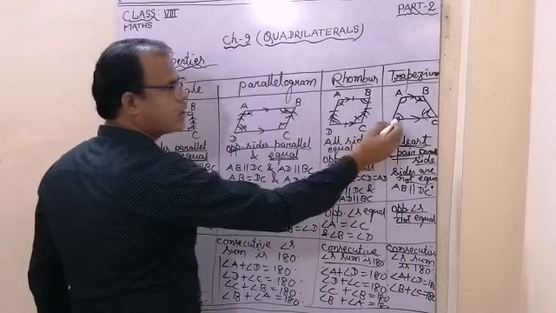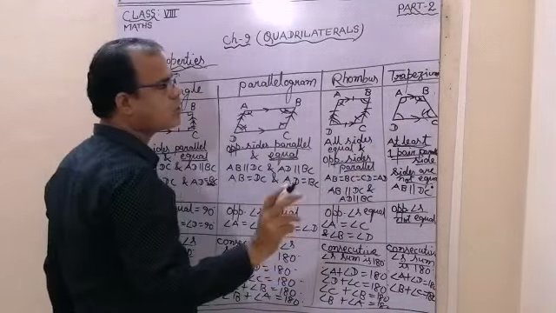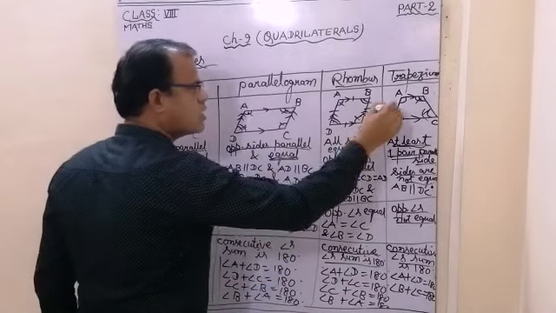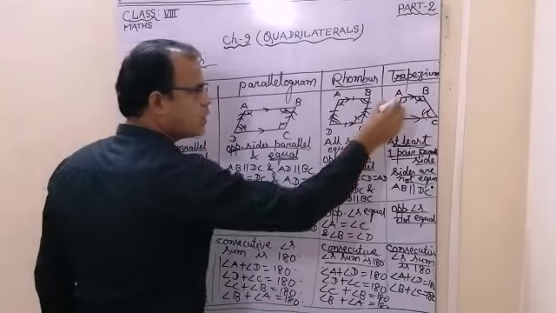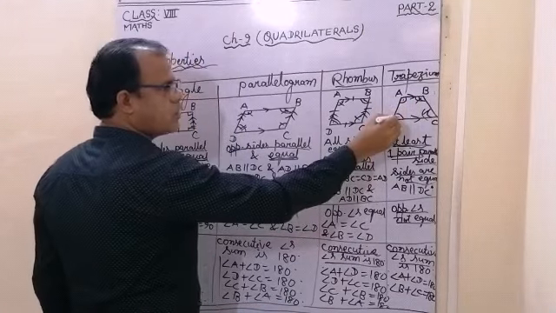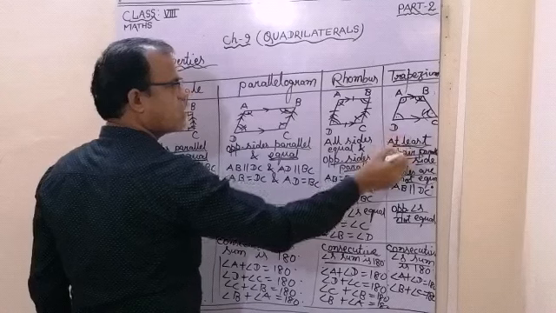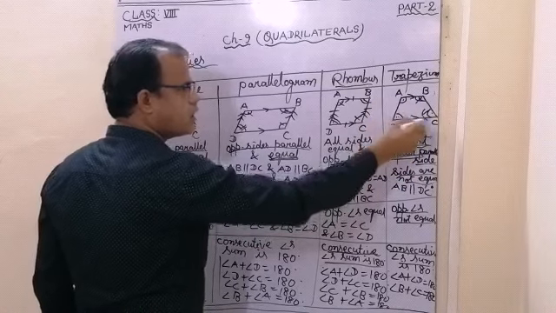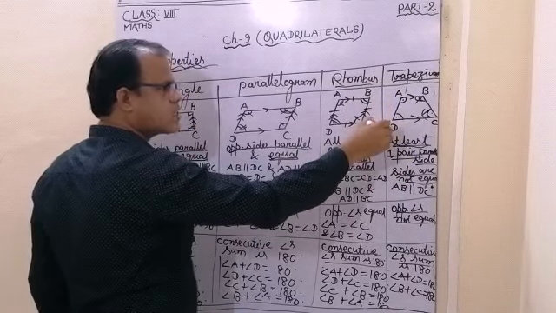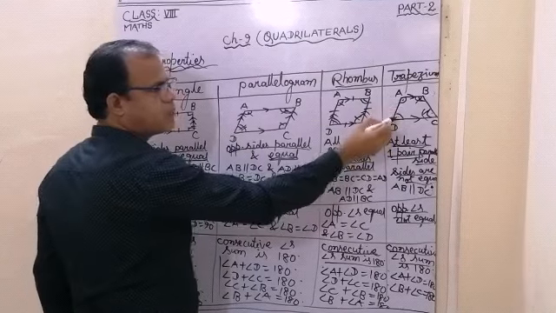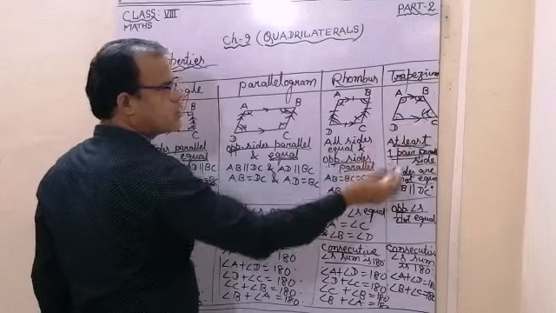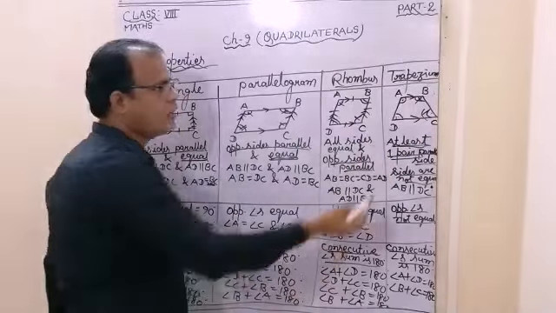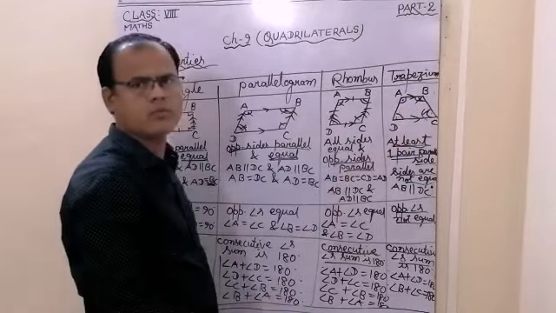But angle D plus C is not equal to 180 degrees, because the lines AD and BC are not parallel. So only angle A plus D is 180 degrees and B plus C is 180 degrees, because AB is parallel to DC and AD is a transversal, then angle A plus angle D is 180 degrees, and when AB is parallel to DC and BC is a transversal, then angle B plus C is 180 degrees.